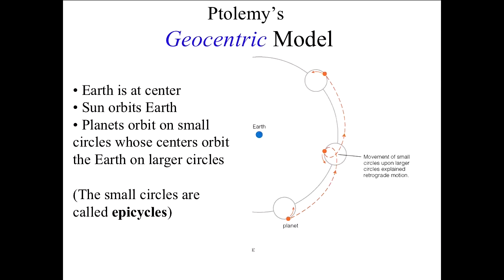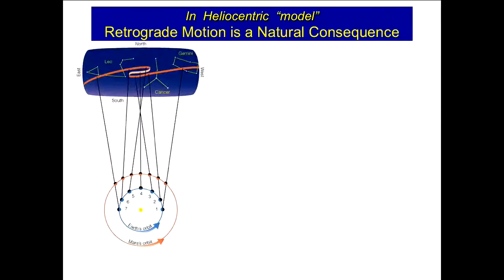There is, however, another explanation. It's an explanation that puts the sun at the center. Let's see what that involves. Here it is. There's the sun. Here's the Earth going counterclockwise in its orbit. And here's Mars also going around the sun in its orbit. Being farther from the sun, Mars goes a little slower. And so as the Earth goes around the sun and Mars goes around the sun, the Earth passes Mars on